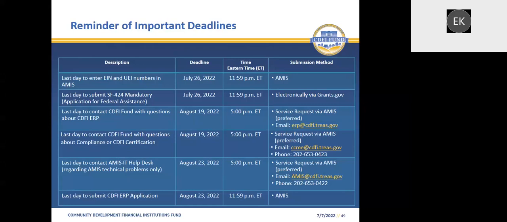Last day to contact CDFI Fund with questions about compliance or CDFI certification is August 19, 2022, 5 p.m. Eastern Time, via service request via AMIS, which is preferred, email at ocme@cdfi.treas.gov, or phone